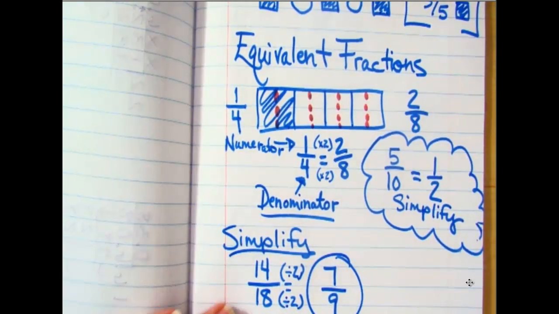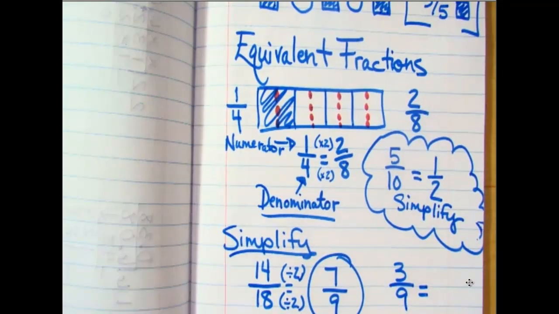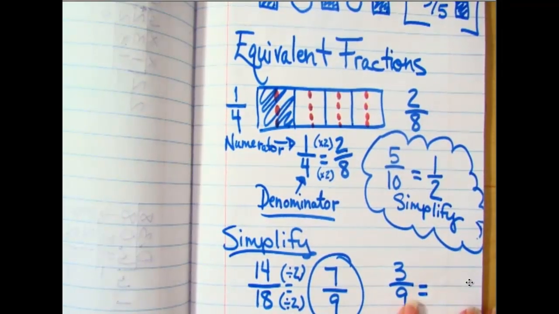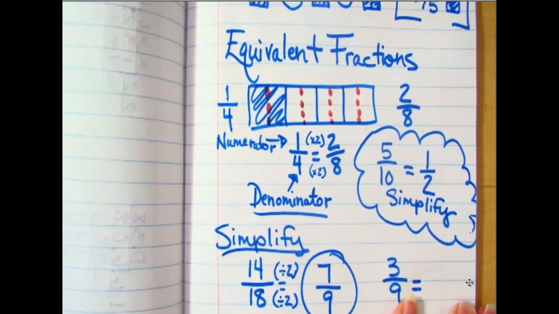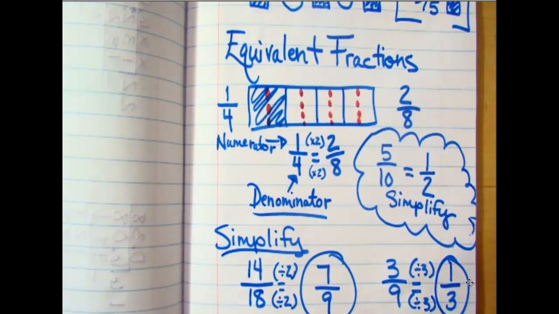7/9, and it's simplified. In 4th grade, they let you use unsimplified fractions for your answer. But the rule from this day on is your fractions have to be simplified or they're wrong. And it really makes kids frustrated when they put this and they don't see that 3/9 can be simplified by dividing by what? 3. Divide by 3, divide by 3, and I have 1/3. Is this coming back to you guys? So we're going to practice